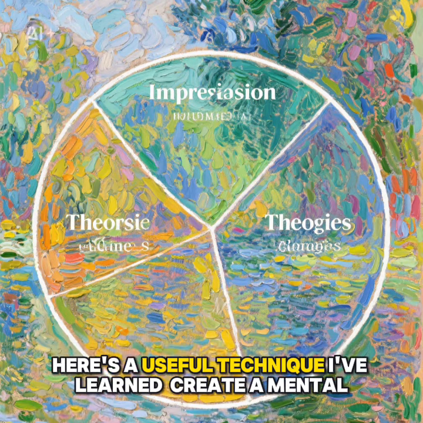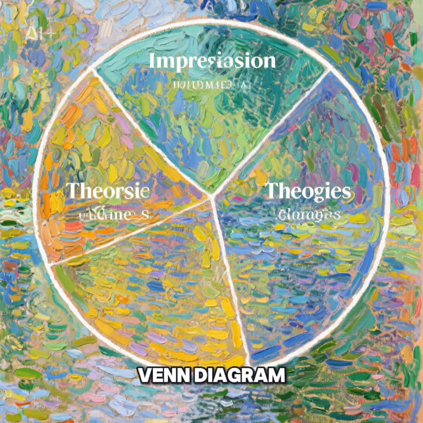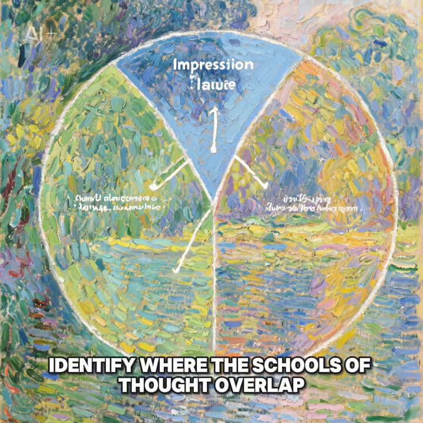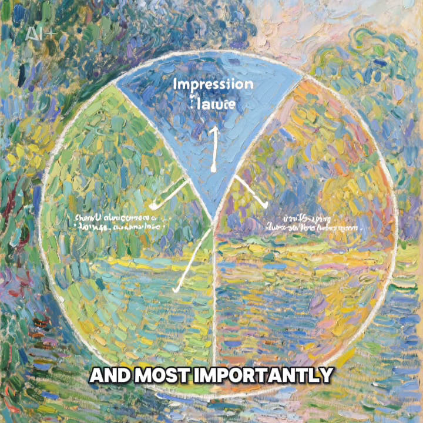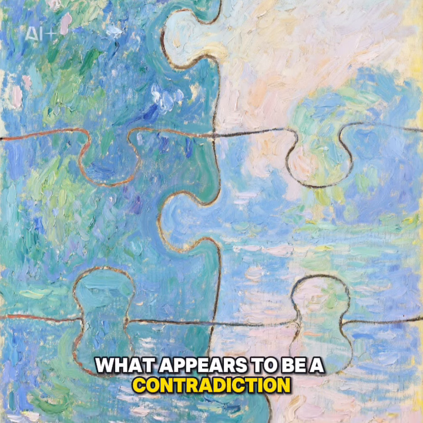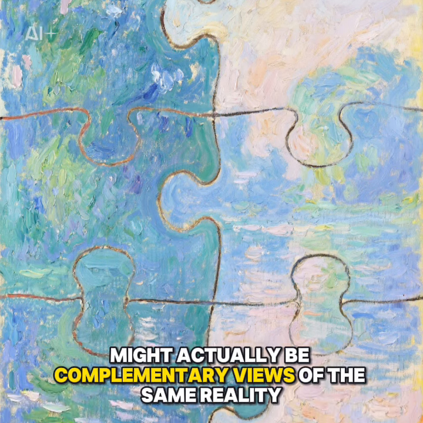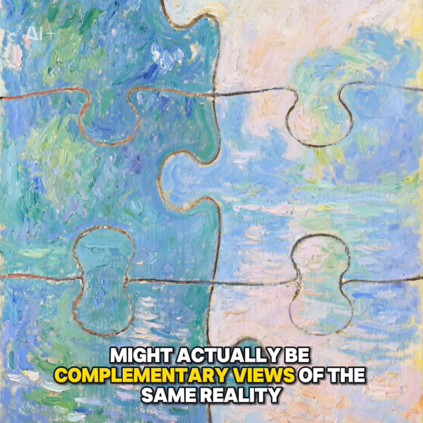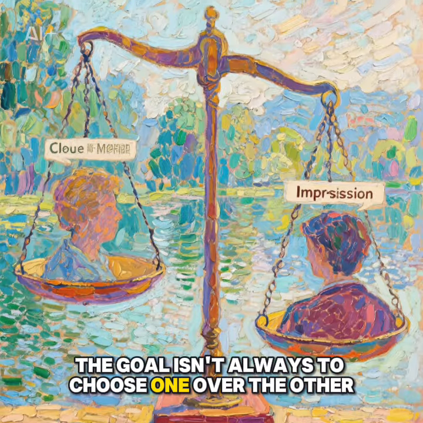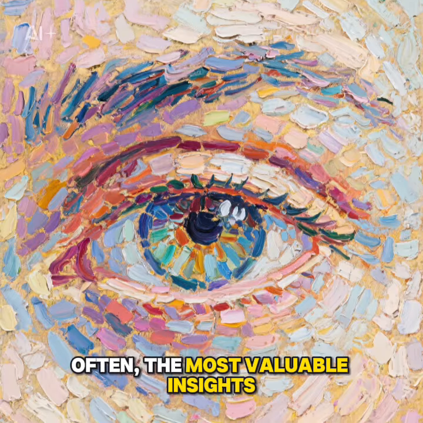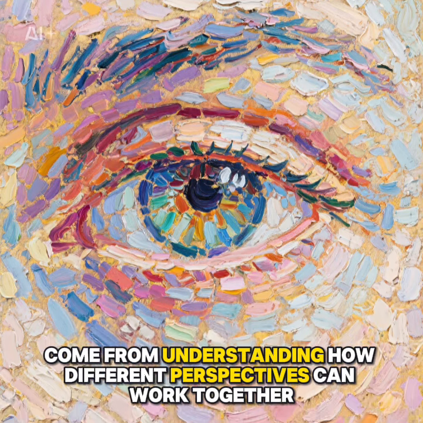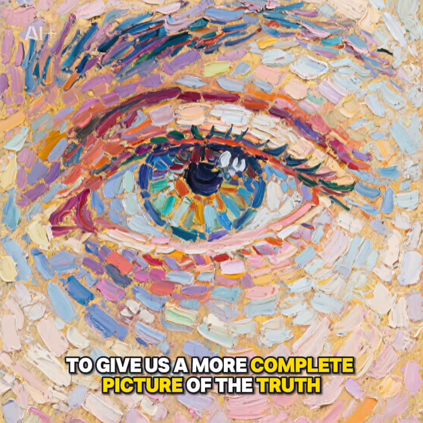Here's a useful technique I've learned. Create a mental Venn diagram. Identify where the schools of thought overlap, where they differ, and most importantly, why these differences exist. Sometimes what appears to be a contradiction might actually be complementary views of the same reality. Remember, the goal isn't always to choose one over the other. Often the most valuable insights come from understanding how different perspectives can work together to give us a more complete